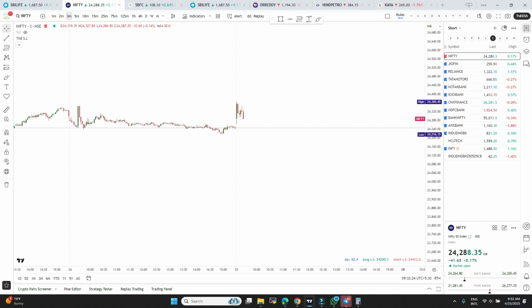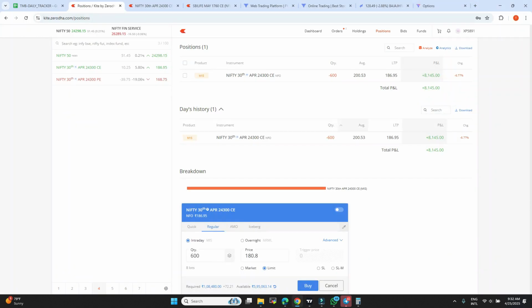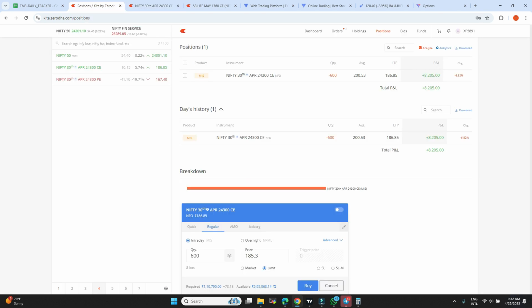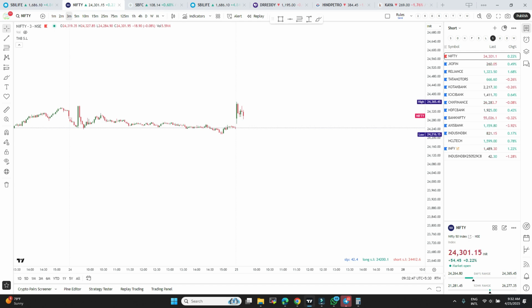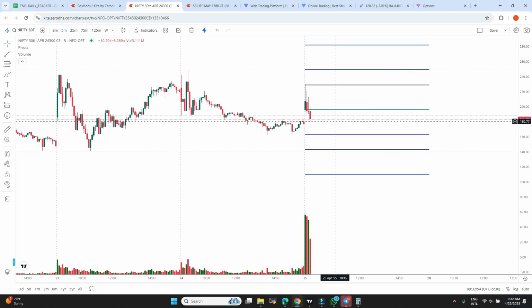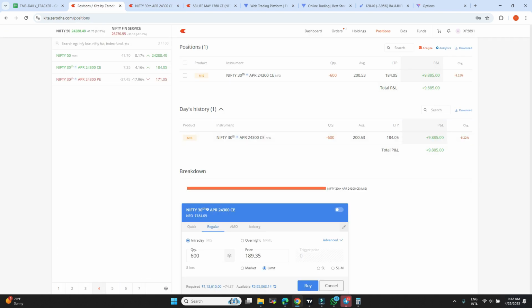Okay, market is falling. See, this is what I am saying. Very quickly, it will rise actually here. See, rise, rise. So we have to capitalize something here. Some bounce back will be there. We'll see what happens.